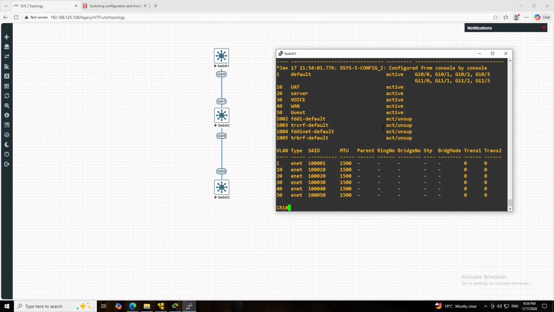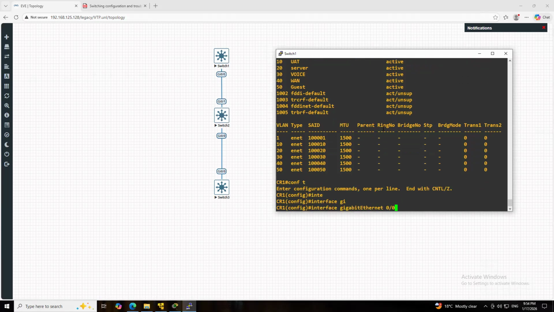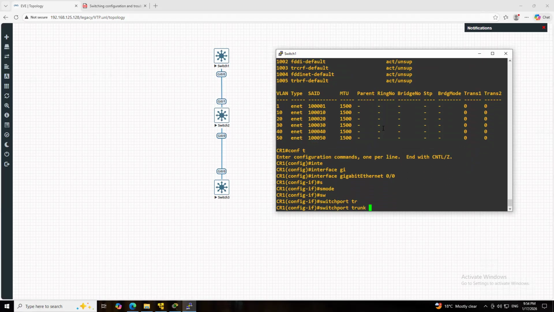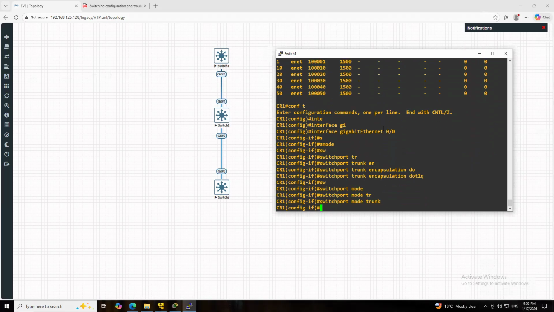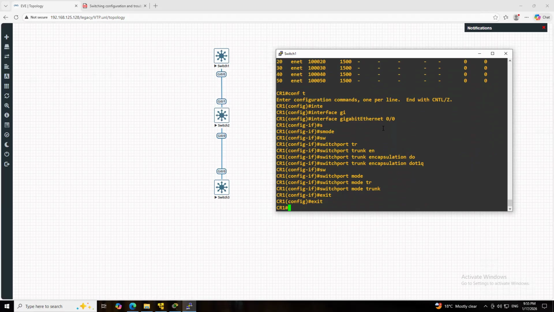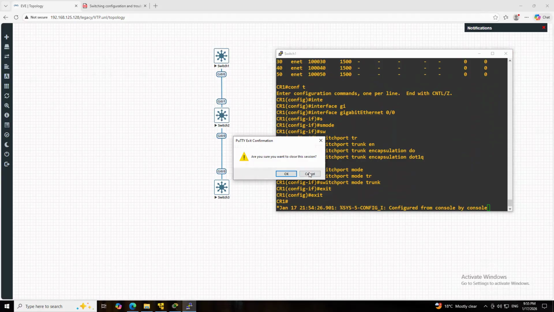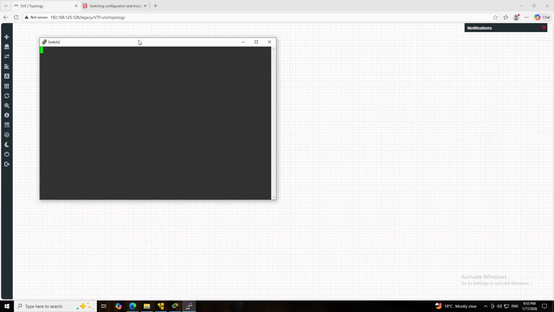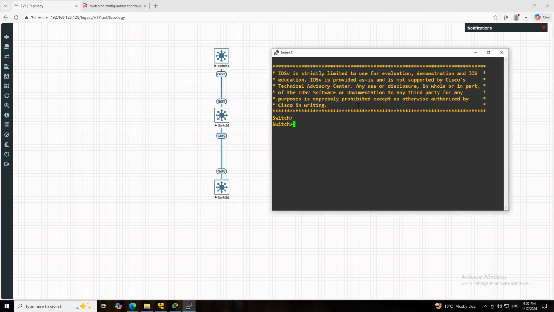Now I will make this gigabit port a trunk port: switchport trunk encapsulation dot1q, switchport mode trunk. Now go to this second switch. I'm running VTP version 3 on this as well.